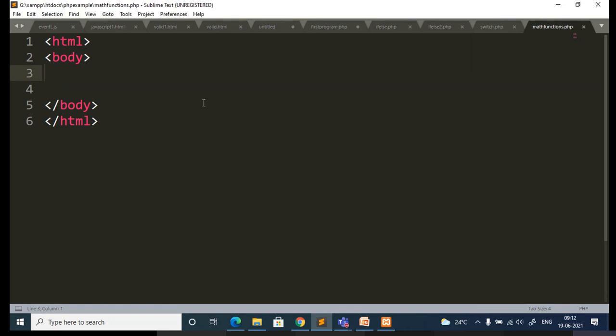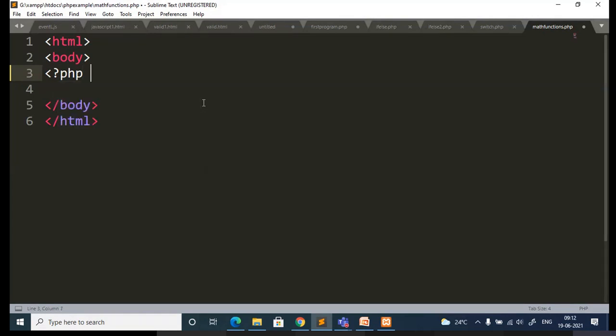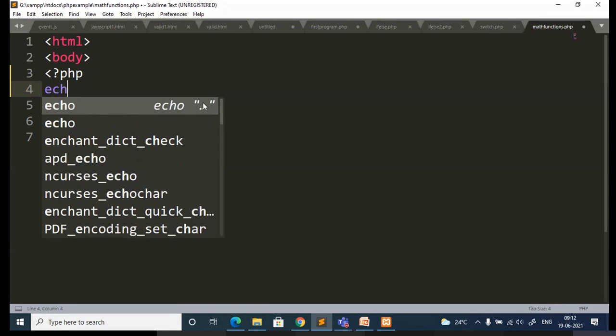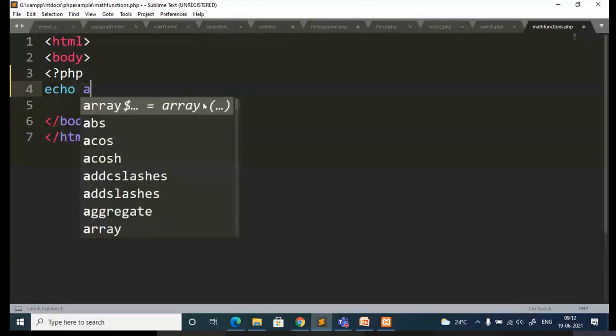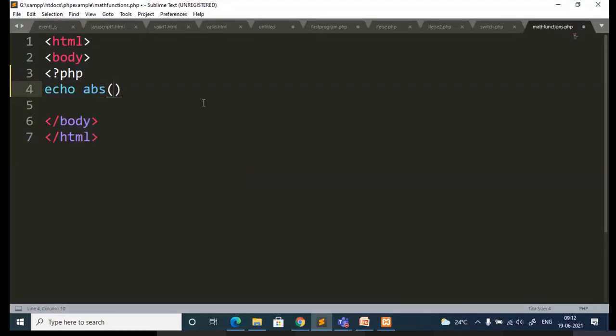Okay, so now we'll try to execute. I'll show you how we can make use of some of the math functions. So go with directly with the PHP part. So I'll just invoke all the functions in the echo statement so that I can see the output of that. Okay. So absolute, okay, whatever the number you give, so that will be converted into absolute value using ABS. So if I give minus 100, the output should be